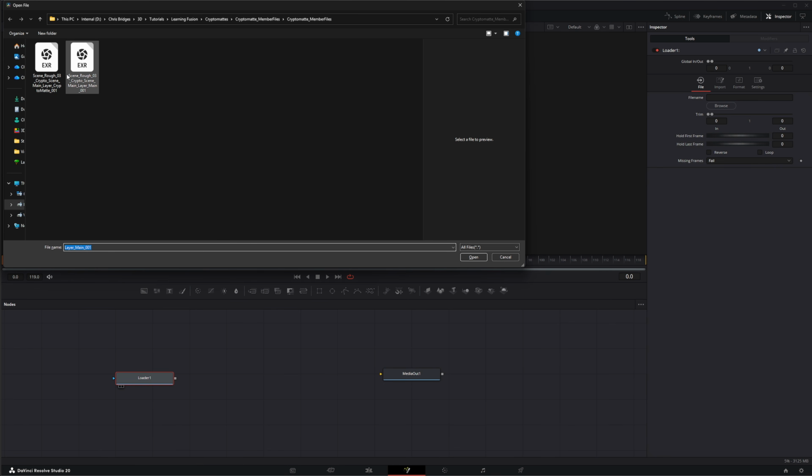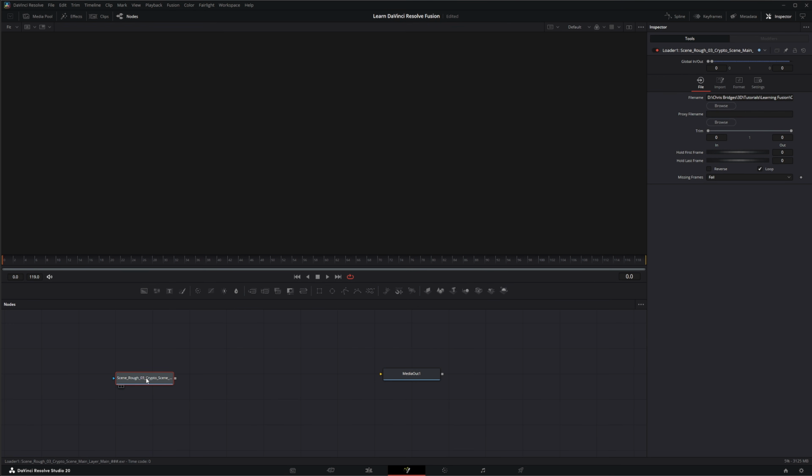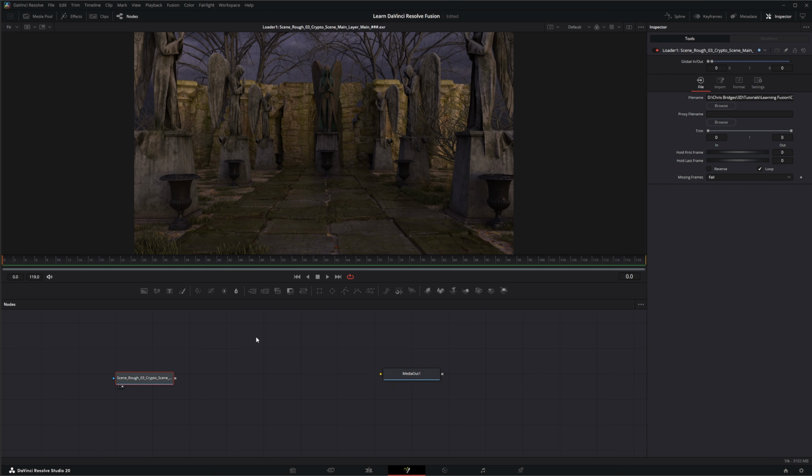And these will be the two files you see. There's going to be one that says Scene Rough Cryptomatte Scene Main Layer, and one that says Scene Rough Cryptomatte Scene Main Layer Cryptomatte. And the first one I want to bring in is this just main layer one. And if we look at our footage here, we look at our layers, you can see it's just a